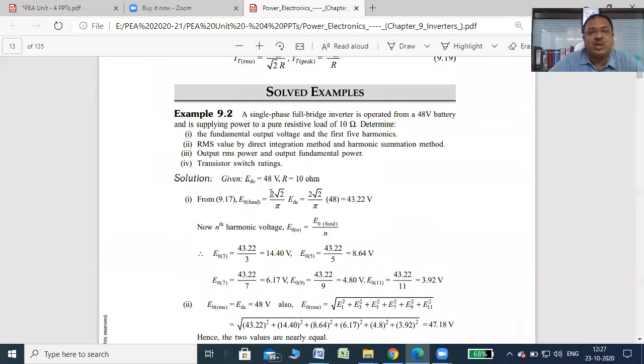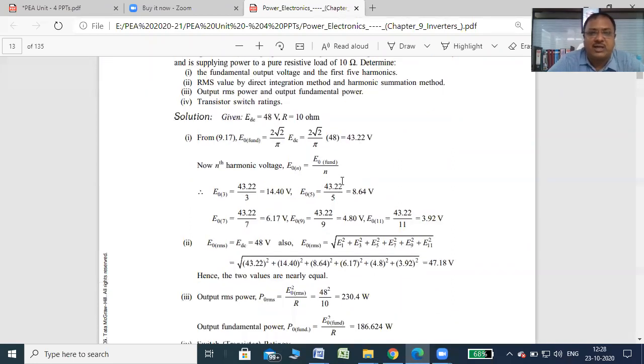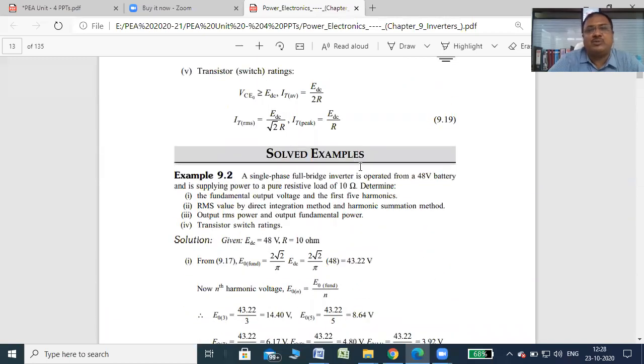Even some problems are also given here. It is very difficult to take the problems online, so I'll share this PPT with you so that you can see the problems given under the topic and try to solve them, because there is a chance that in the examination questions may be asked on some problems, right? Whatever equations we find, small problems may be asked in the examination, so you have to solve these problems. I'll give you the problems from the same book as an assignment for this unit.